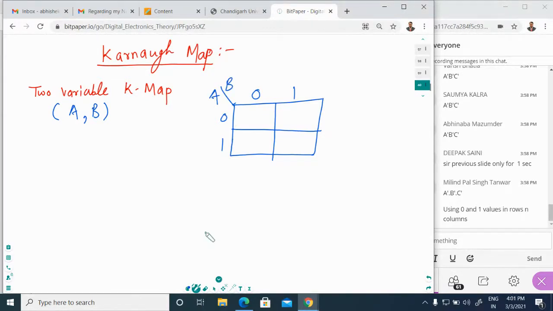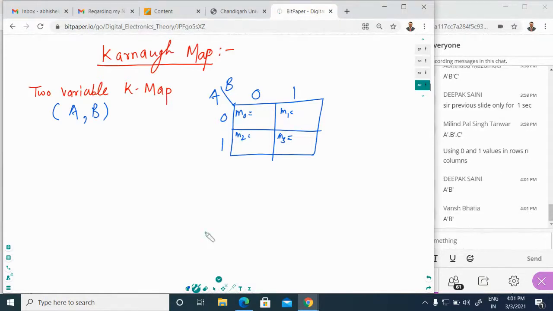Okay. So when you want to make the combination of these 2 rows and columns, how can you make the value? If you want to represent in SOP, M0, then M1, then M2, then M3. So quickly give your response. What is the value for M0? Quickly give the output.